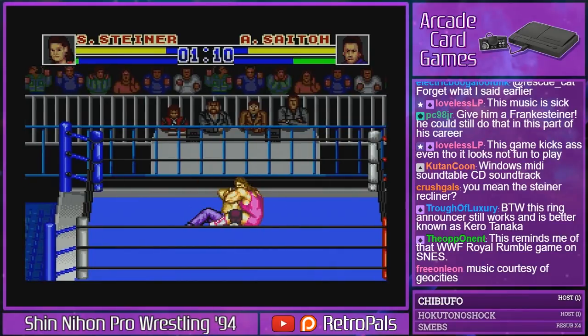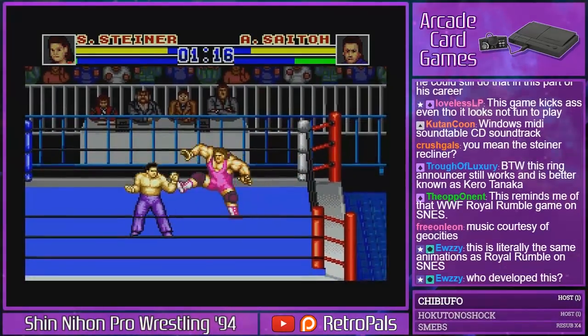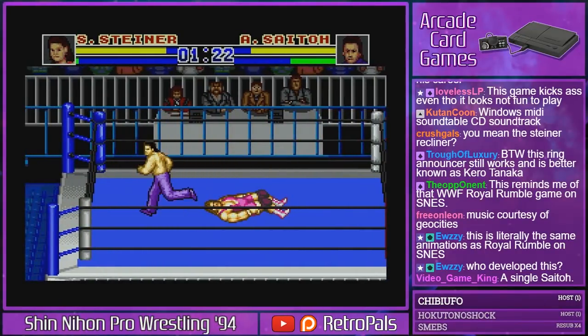Quit trying to pin Scott Steiner. Let him choke you out. Do the Steiner recliner. Or the Frankensteiner. There you go. I have no idea how to do these moves, so...